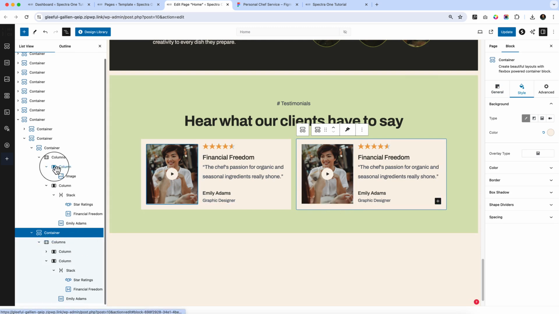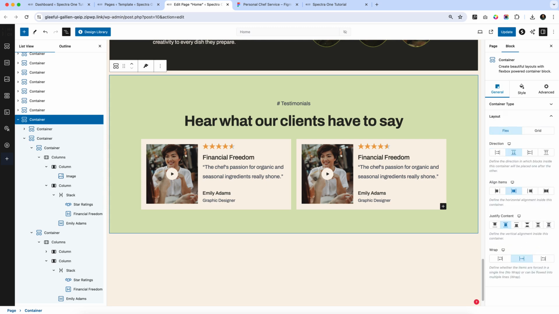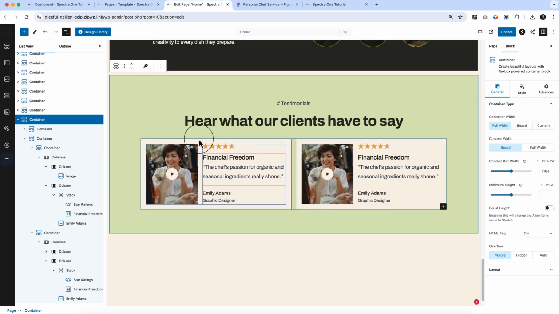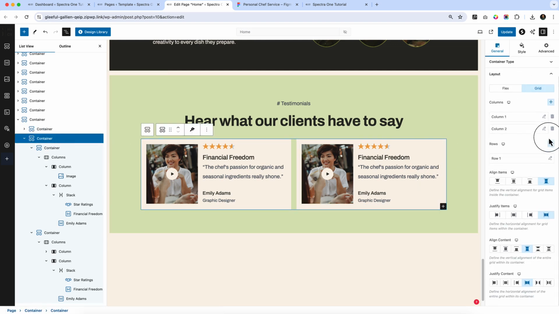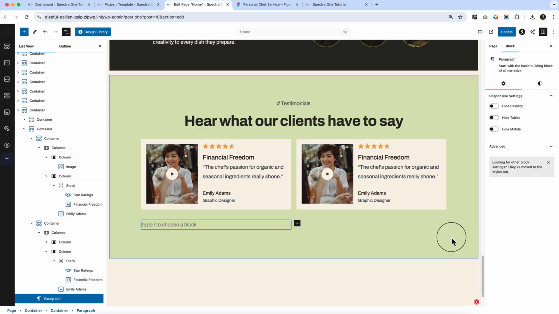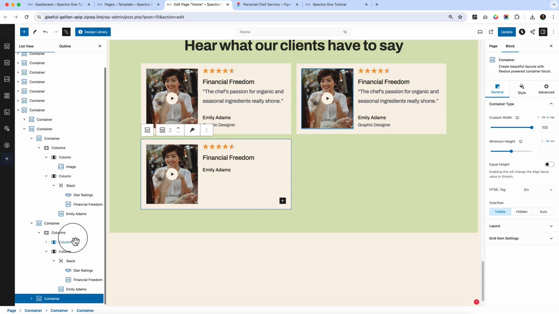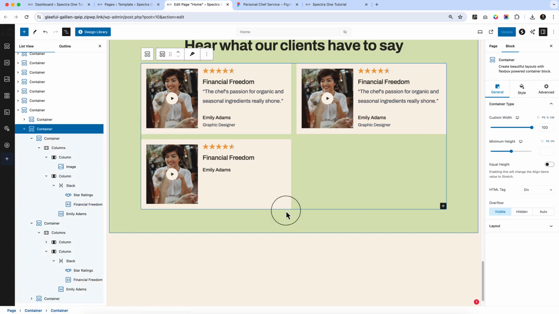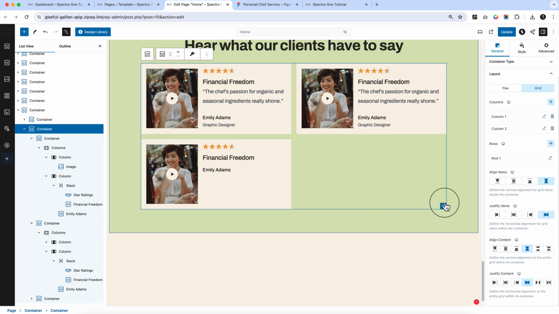Now select the container here again, and as you can see, if you remember, we have added grid to this container. So we have added grid here, and inside the grid there are 2 columns. If I add another item, let's see, it looks like this. And again, if I select the parent container, go to the layout, you can see the row is still 1. And again, if I paste here again,